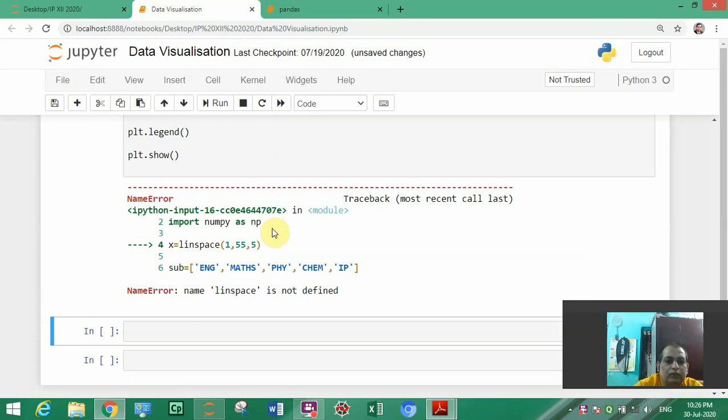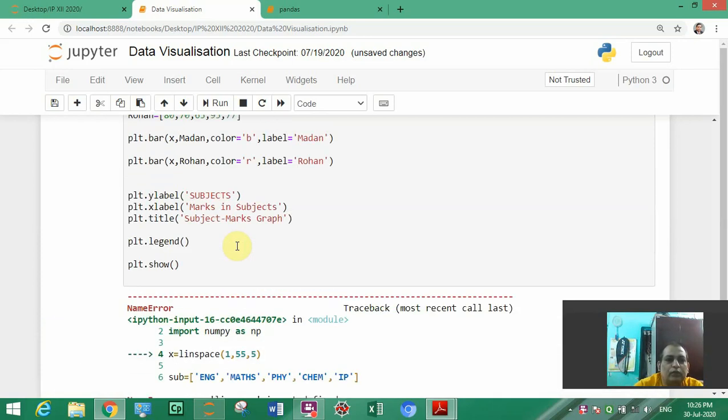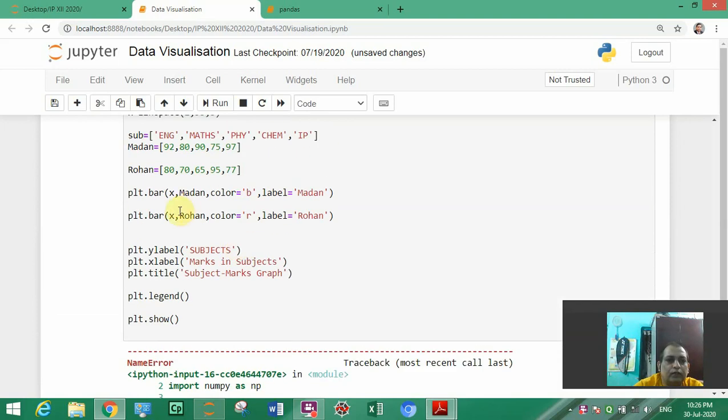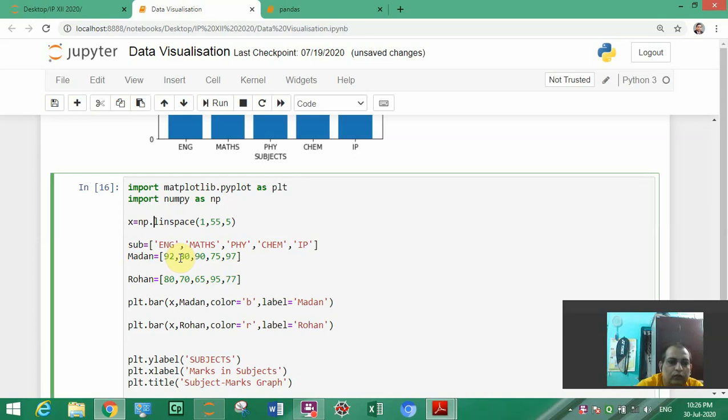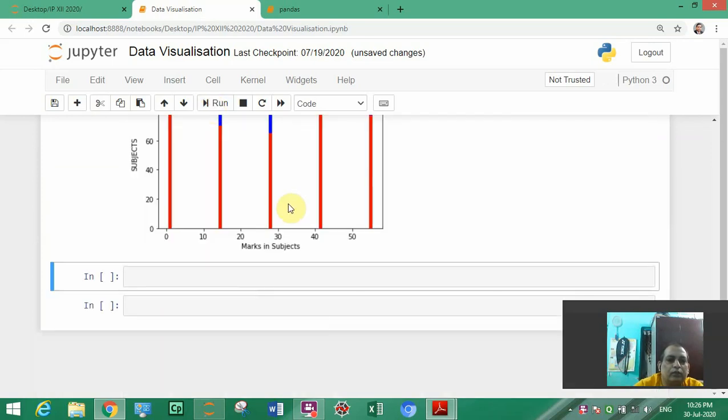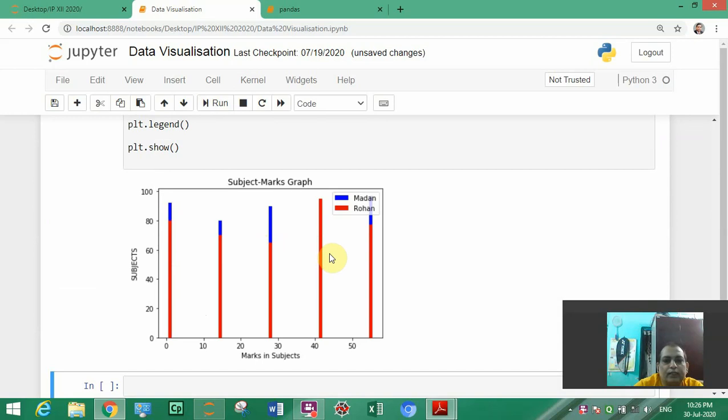So linspace not defined means we have to write np dot linspace. Now see, it is coming like this.